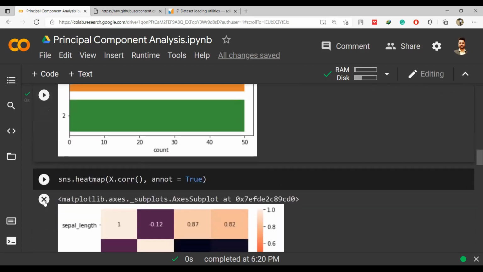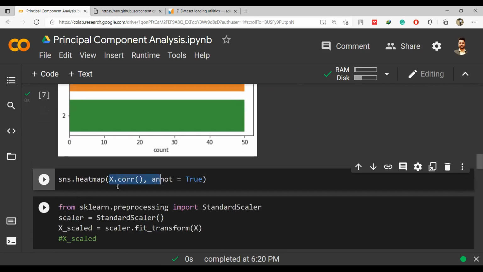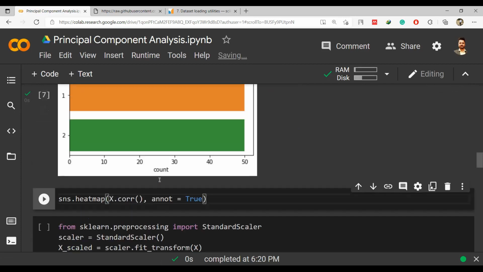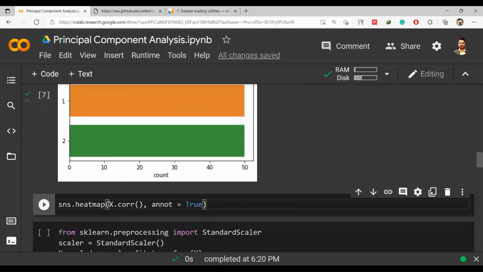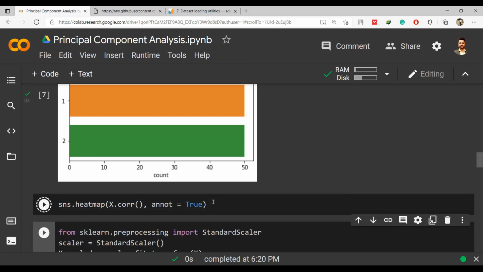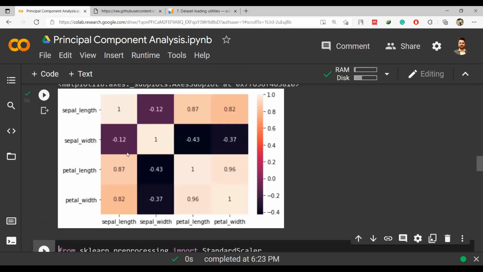Now you want to generate the correlation map, and correlation will be found between the four columns: sepal length, sepal width, petal length, and petal width. So all these four columns are there in X. We had assigned X as those four columns, and this dot corr means that we are finding the correlation, and then we are generating the heat map using this Seaborn library. Seaborn is SNS dot heatmap X dot corr. We are also doing the annotation, so that it is clear which feature is which.